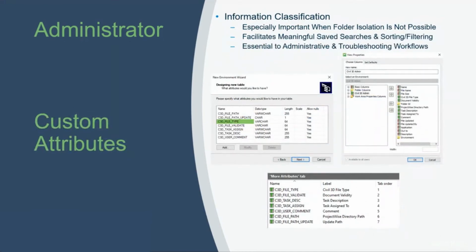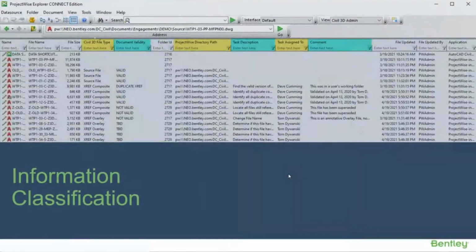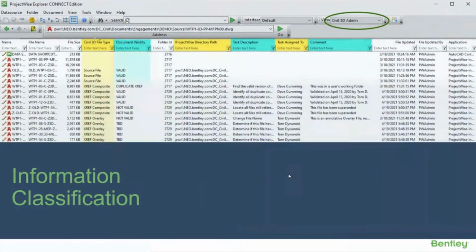So on to custom attributes. I'm going to show you how it all comes together in a document list view. Basically in ProjectWise Administrator, I've got a group of attributes that I will build for a particular environment where Civil 3D project work is taking place. I take those and I make a view out of them, and I put them into an interface. And over here in ProjectWise Explorer, I apply that view and I start looking at things in a way that,